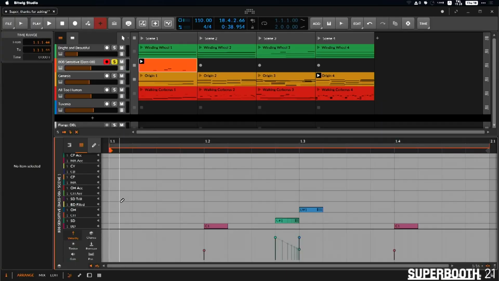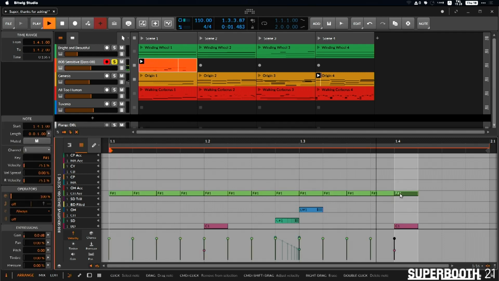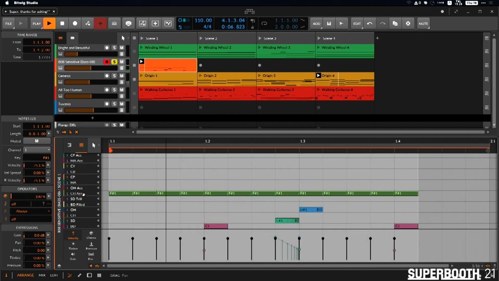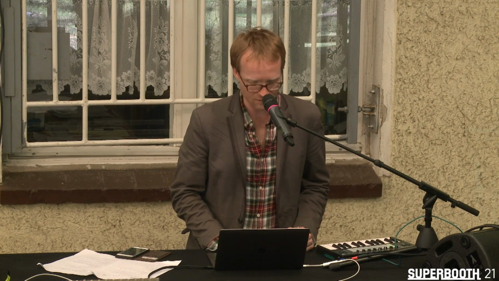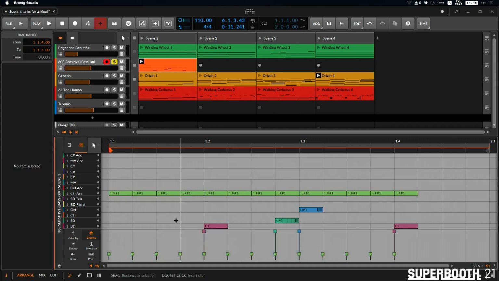So let's go. Oh, let's be typical. Let's splatter some hi-hats. Yes. Always? No. A second operator is chance. So I can basically set a probability for each of these events individually. It's also represented down here kind of like velocity is. So if I drag it down, now we're in like a 20% range, something like that. So 1 out of 5 times each of these notes will sound. Do they relate to each other? No. Again, I'm going to hit play. Just look at those outlines.